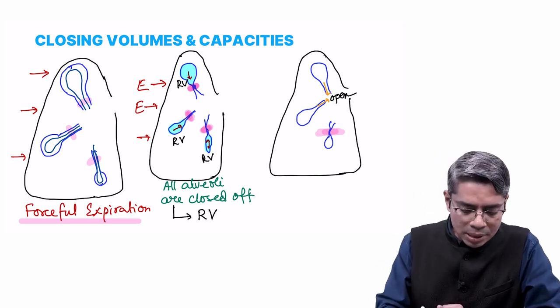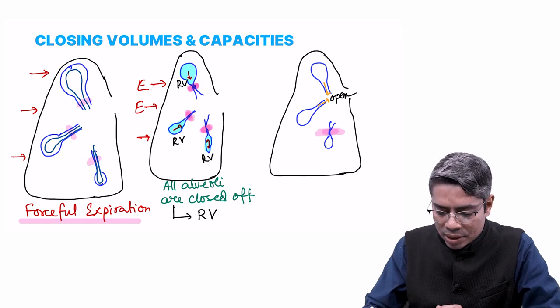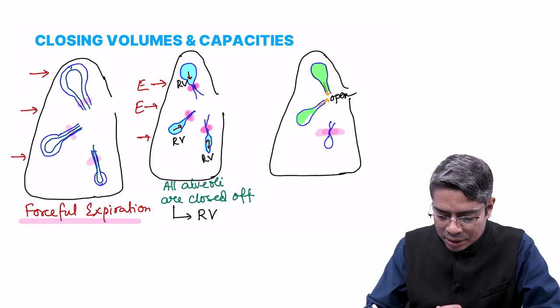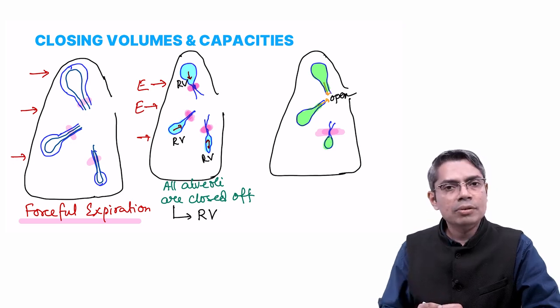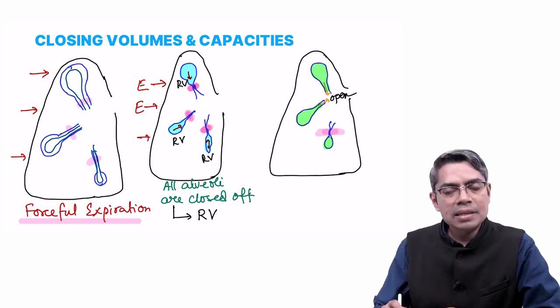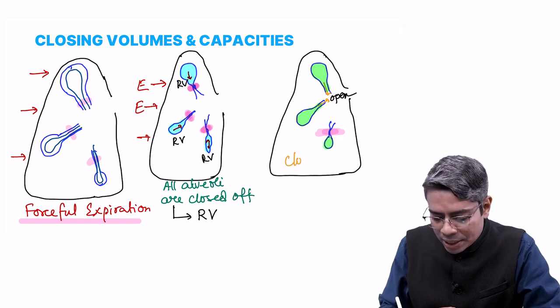In this scenario, if I measure the remaining volume of air in the lung, that means the remaining amount of air in the apical alveoli, the middle part alveoli and the base also, then this is known as the closing capacity